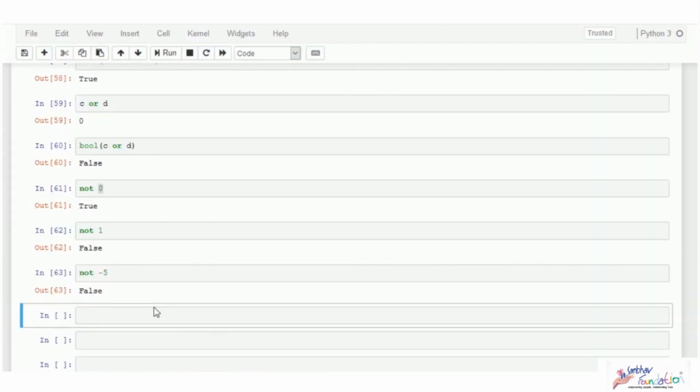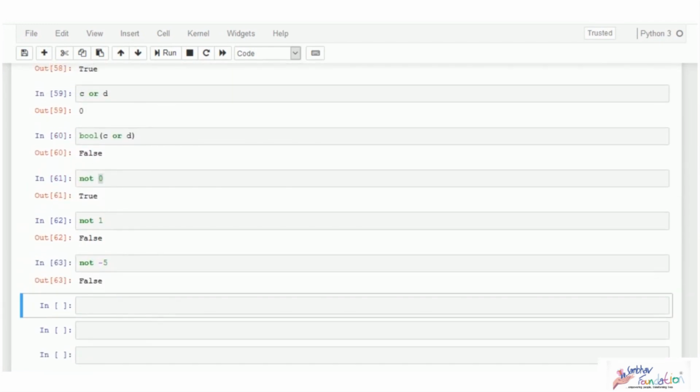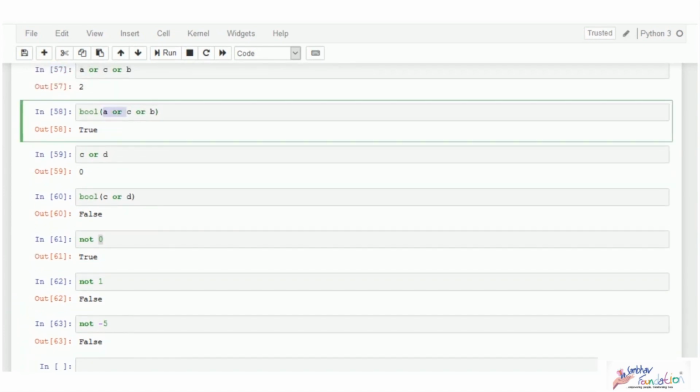So we have seen a lot of operators and how to use them on numbers, and what outputs we get. There were also cases where there were more than two operators of the same kind. When we have multiple arithmetic operators, we generally use the BODMAS or PEDMAS rule. First you evaluate the brackets, then the exponents, then division, multiplication, followed by addition and subtraction. And when there were multiple logical operators, you evaluate from left to right, combine them in groups of 2 and calculate the output of the expression.